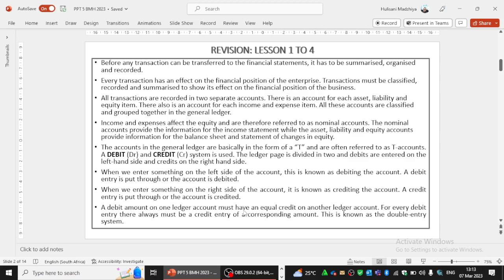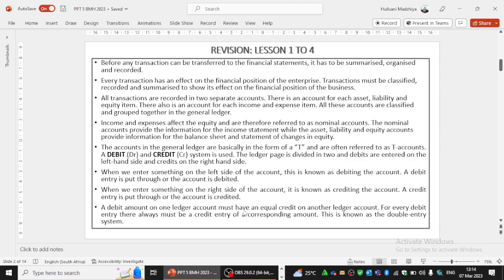We need to make certain that we understand the event that took place or the transaction that took place. The second question was to identify which 2 accounts were affected, where once we identify the 2 accounts that were affected, we also had to classify this account whether they fall within the assets, equity, liability, income, or expenses. And then the third question was to say that what is the effect of this transaction in the accounting equation,